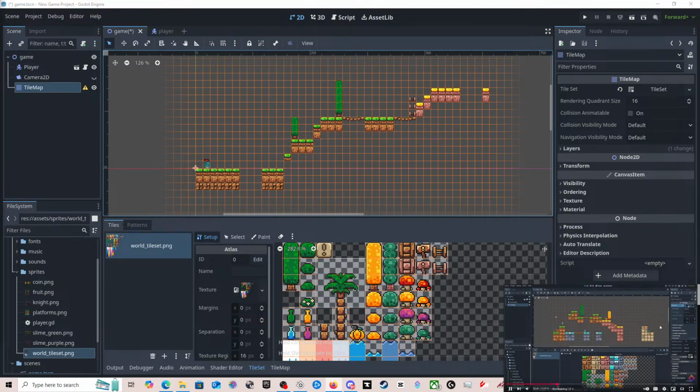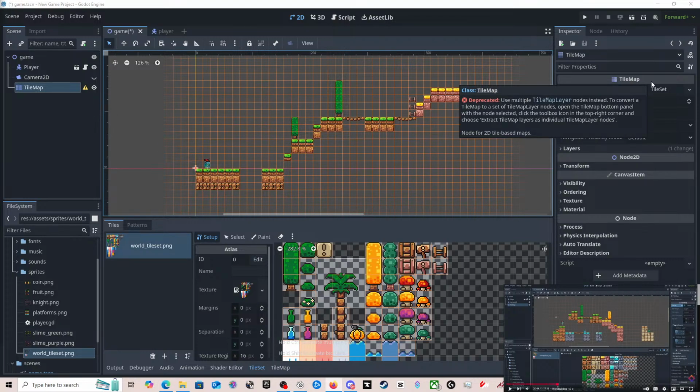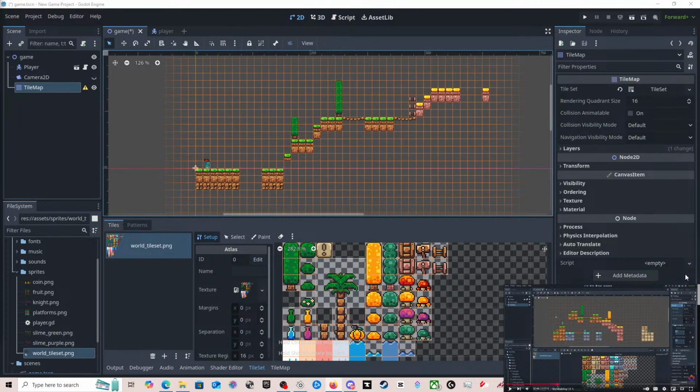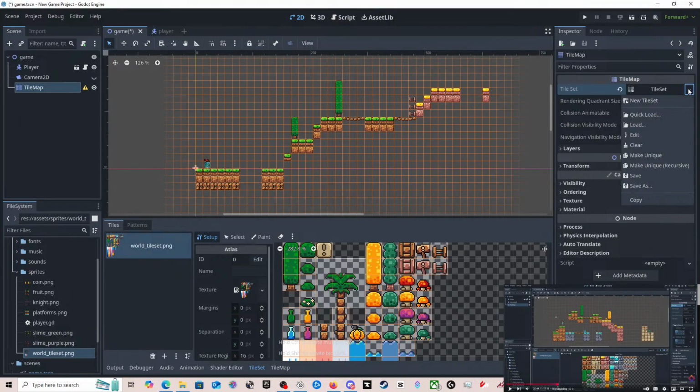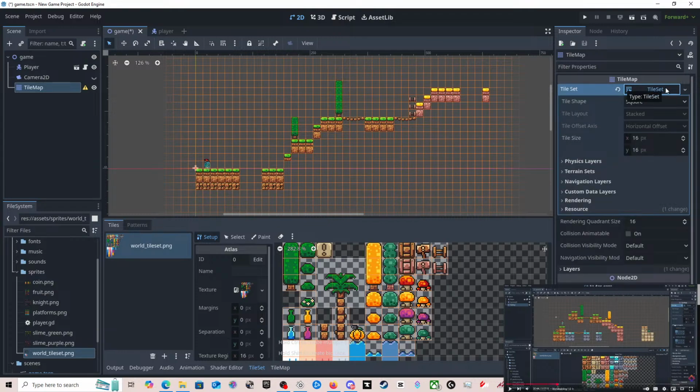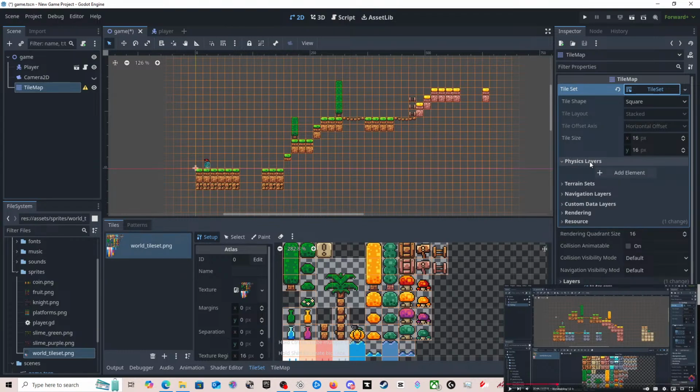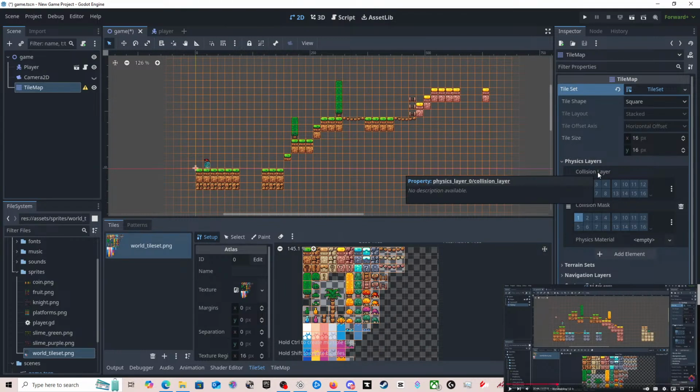Anywho, we did that, and then we want to go tile set. Under our tile set, physics layers, and add a new layer. Okay, tile set. And then under our physics layers, we want to add element.